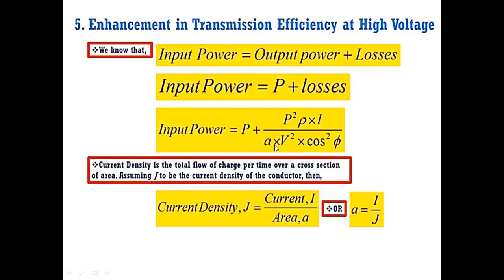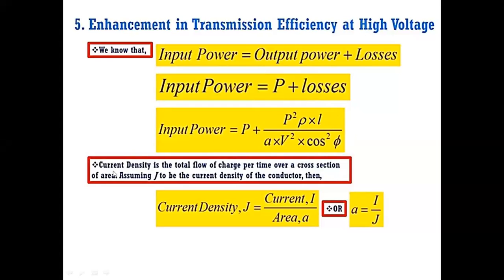We have calculated the losses in the previous slides: P square rho L over A V square cos square phi. Putting the values of losses from the previous slide, the input power will be equal to P, which is the output power, plus this whole